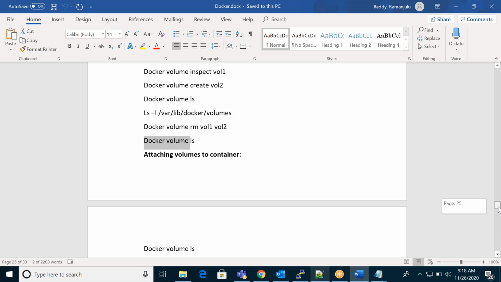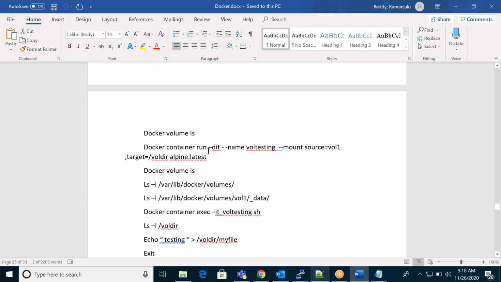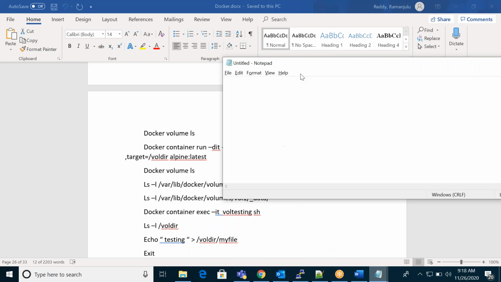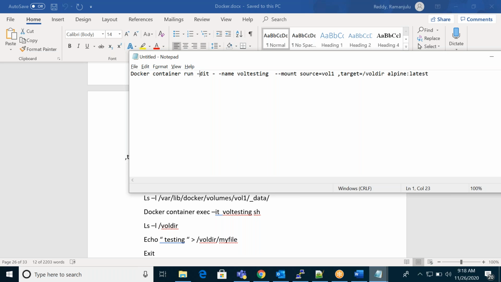If you want to attach this volume to any container, this is the command. Docker run. Here I'm creating a new container and naming it.